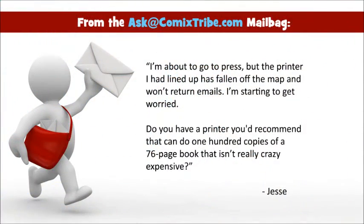I'm about to go to press, but the printer I had lined up has fallen off the map and won't return my emails. I'm starting to get worried. Do you have a printer you'd recommend that can do 100 copies of a 76-page book that isn't really crazy expensive? Oh man, so that's a tough one, and printers going out of business or disappearing off the map has